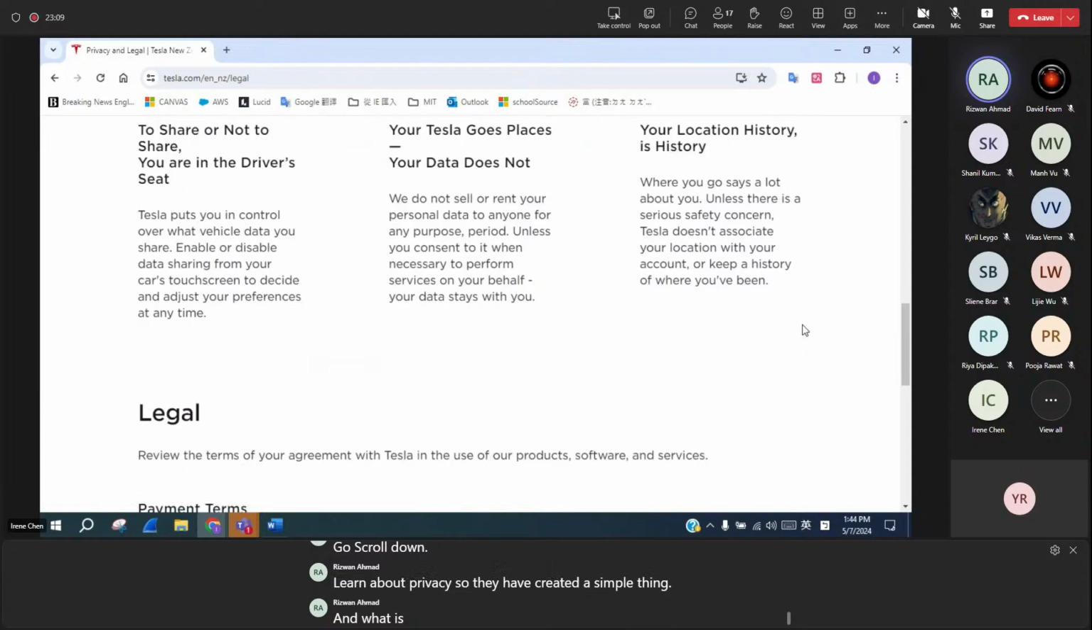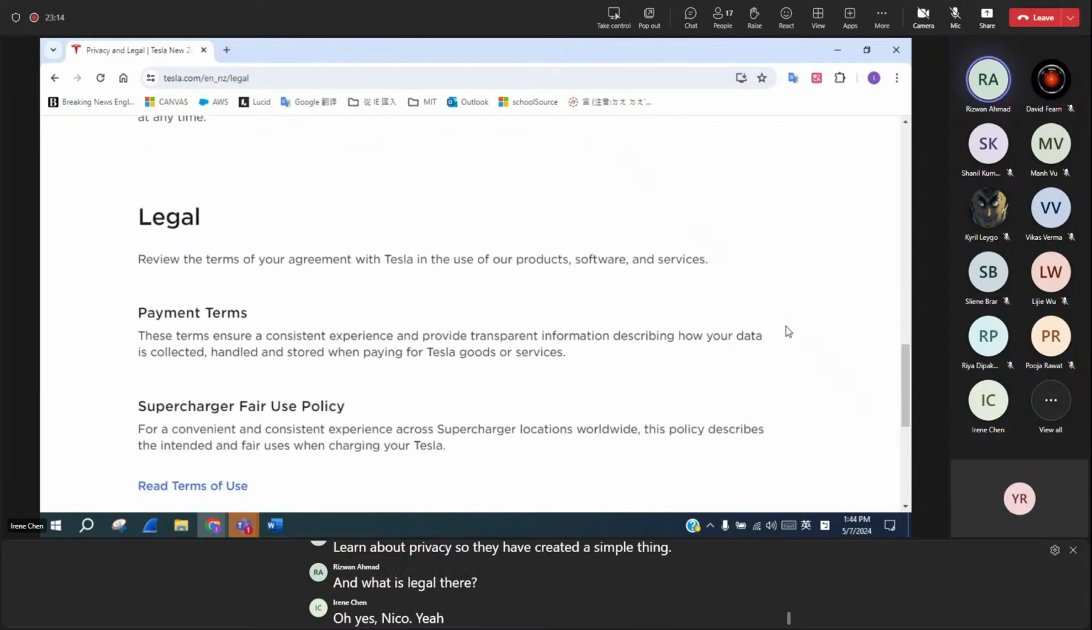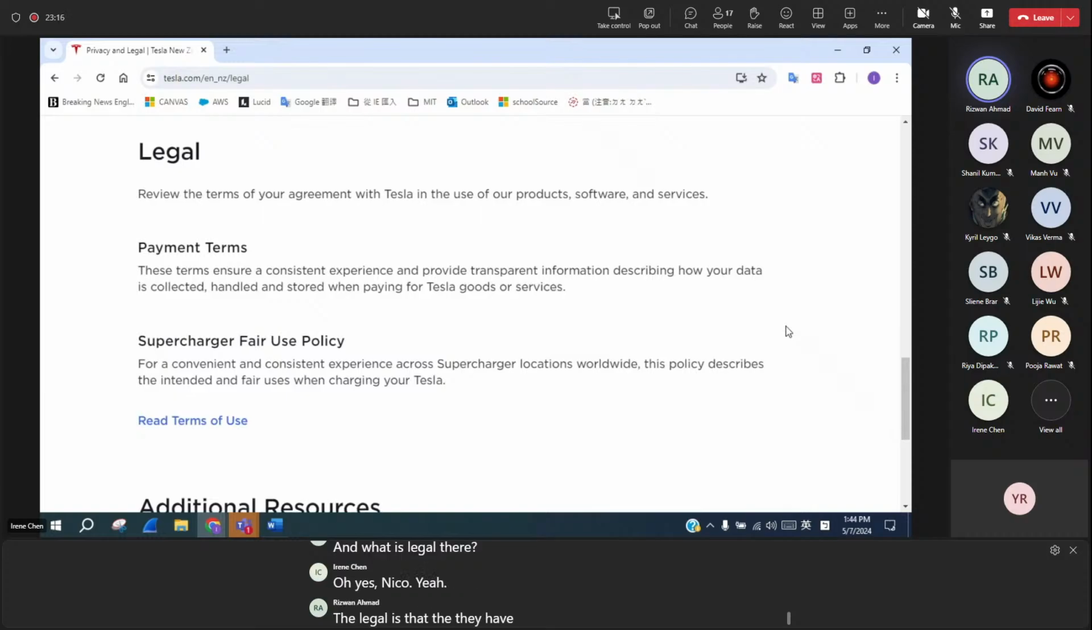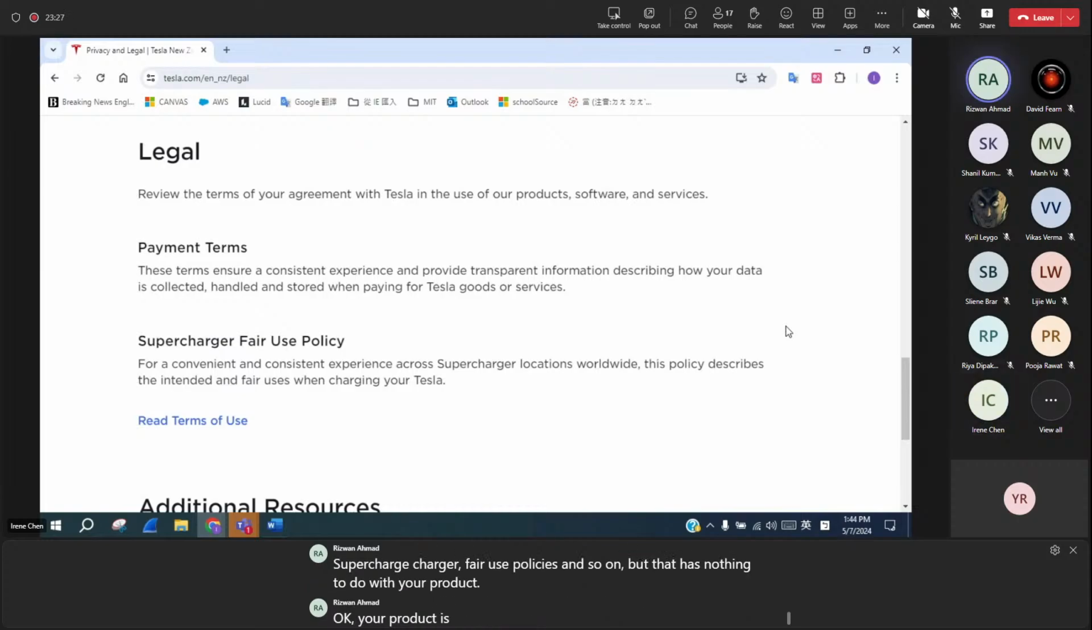And what is legal there? Oh, yes, legal. So legal is they have put the terms of use, so you can use this supercharge, charge of fair use policies, and so on. But that has nothing to do with your product. Your product is different. So if you go down, additional resources,